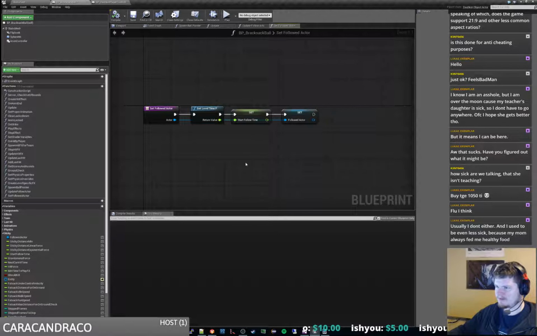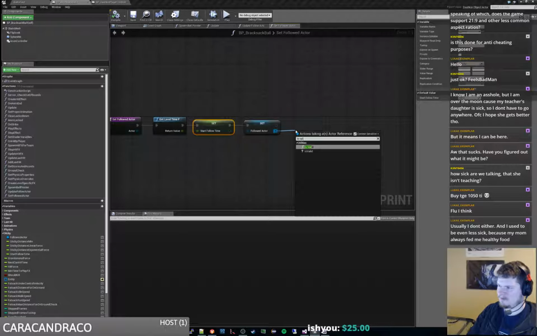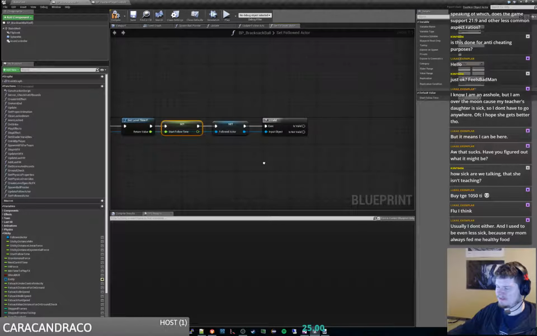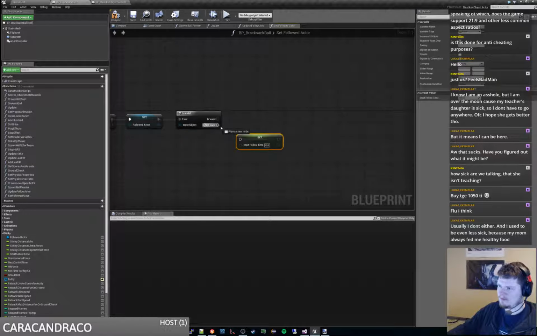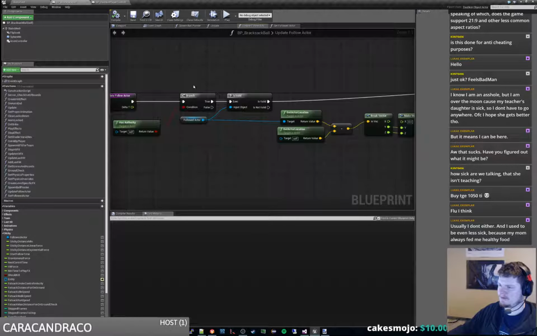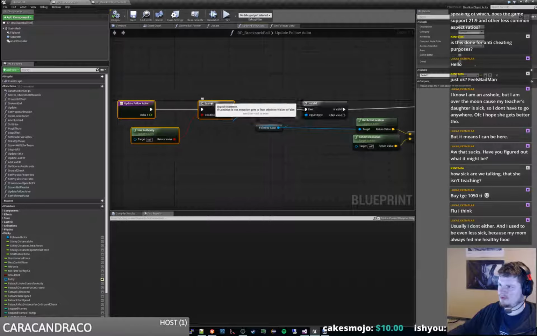Alright, so we'll set the followed actor, and then we'll start doing stuff, which is cool. So if the followed actor, let's do is valid on the followed actor. So if it's not valid, we're just going to set our start follow time to zero. Alright, so that works. The other thing is update followed actor here. So we have authority and all that. We also want to check the